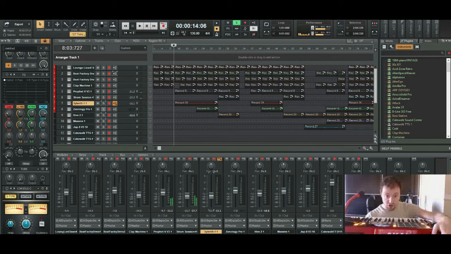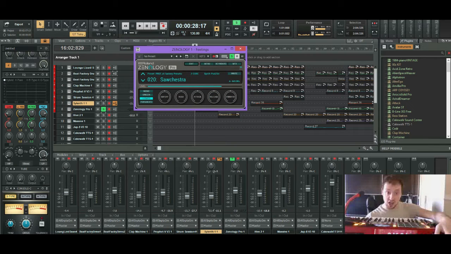Alright, next track. Next track, you probably know it, you're probably very familiar with it. I recently reviewed it. And I actually reviewed it twice. Once because it was buggy, second time because the bug has been fixed. You know it as Synology Pro. Now, obviously, I've chosen Sochestra. It is a Factory A bank, and it is a synth pad and string.